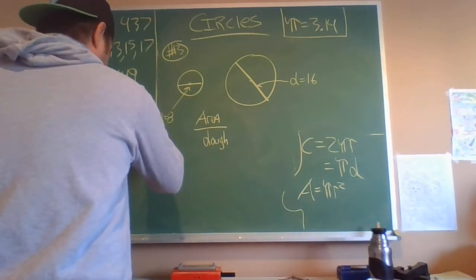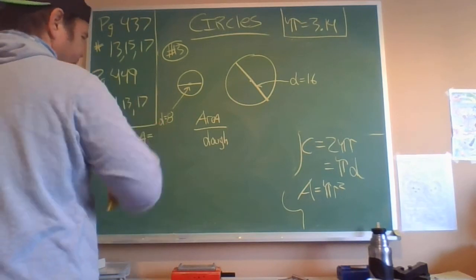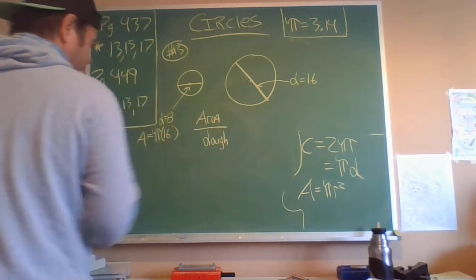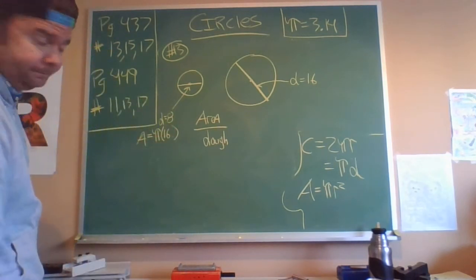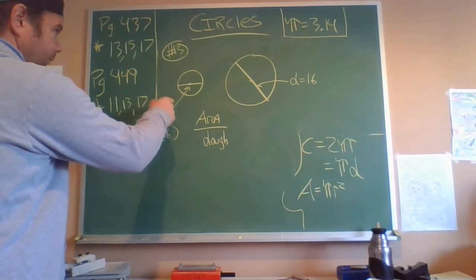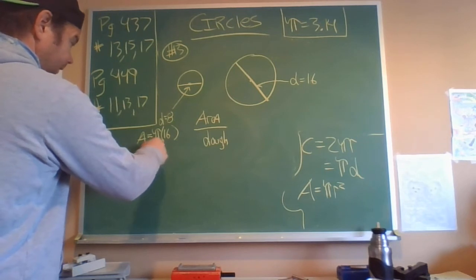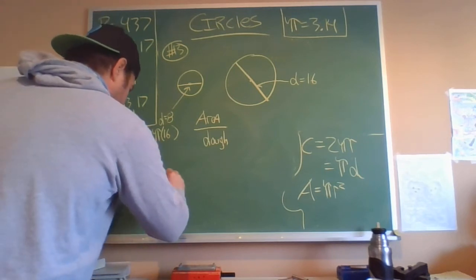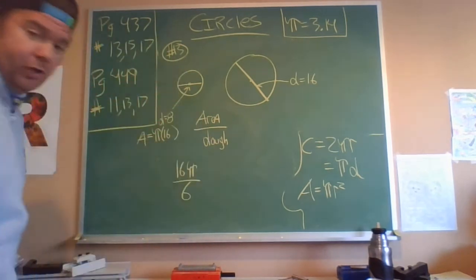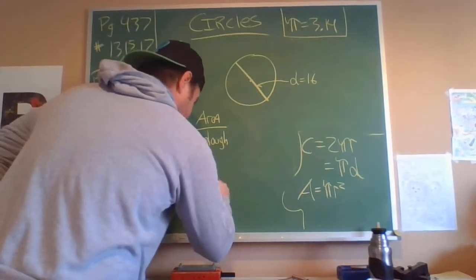What is the area of a pizza where the diameter is 8 inches? Well, that would be pi times the radius squared, which is pi times 16, right? Half the diameter is 8. 4 squared is 16, yes, okay. So the area of this smaller pizza is 16 times pi. So 16 pi over 6 ounces of dough is equal to